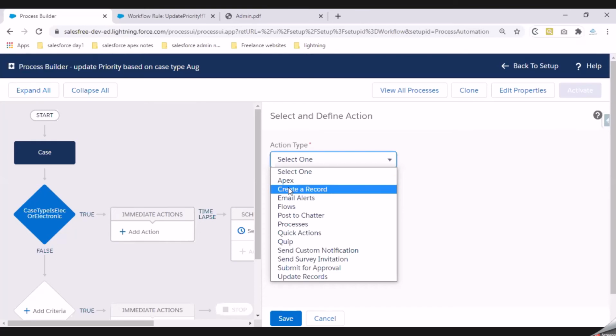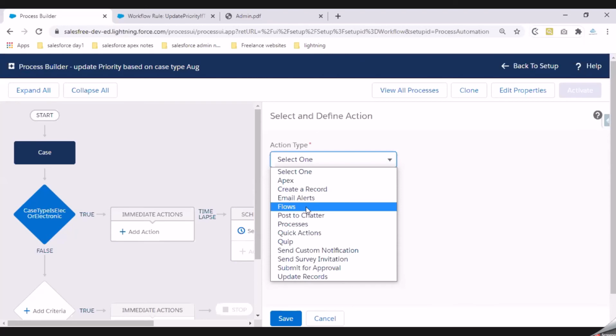And what is the second option that we have? The second option is in case you want to create a new record. If this condition is met, that is where you can select this create a new record option. It basically helps you create a record whenever these conditions are true. You can always go ahead and create a record in Salesforce. Right? It could be an account record, it could be a work order record, any record that you can create whenever your conditions are met. That is your second option. What is this email alerts? Email alerts are nothing but sending an email alert to other people.